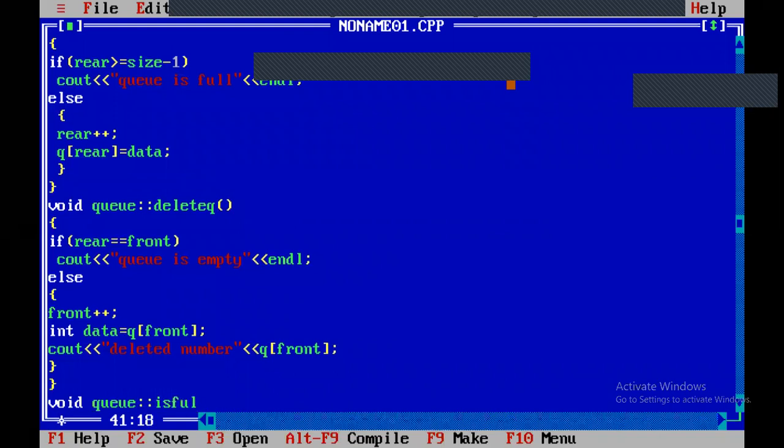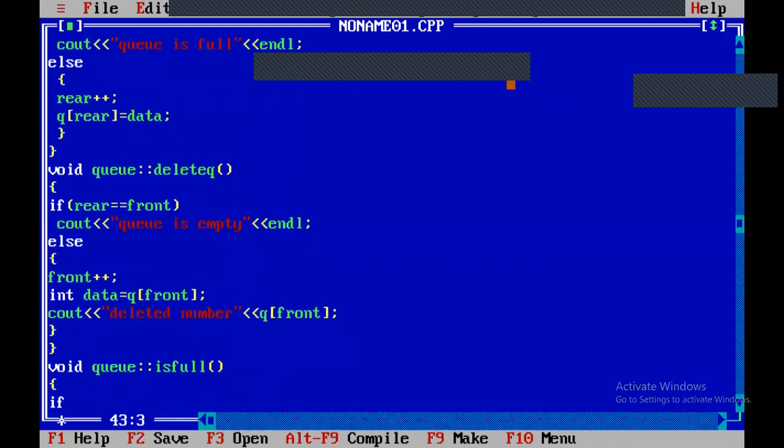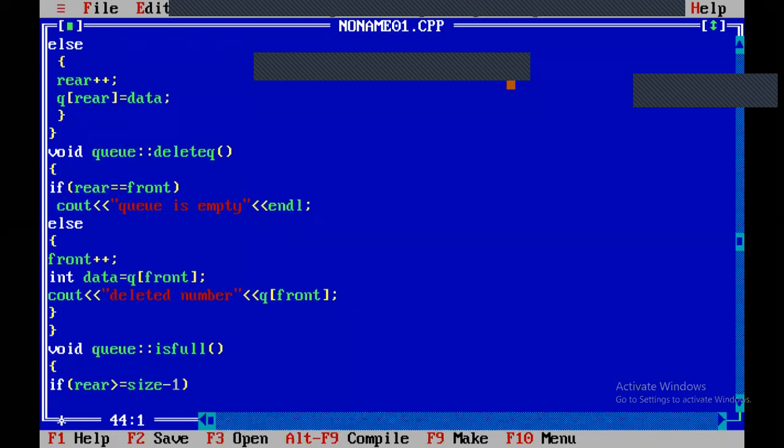Void Q isfull. If rear is greater than or equal to size minus 1, cout queue is full.